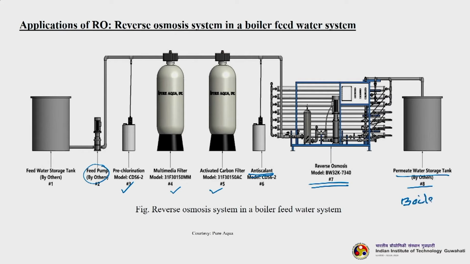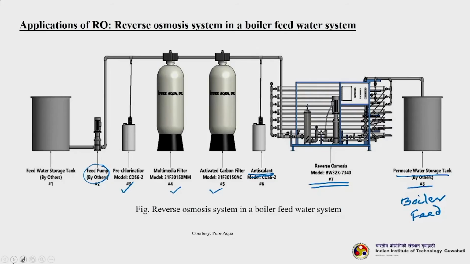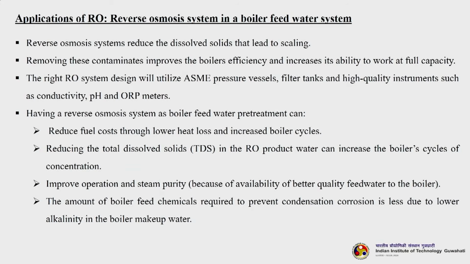So, please remember this, this also produces very good quality of water, though you cannot directly use it as potable water, it may need some polishing technique, but for boiler water, the main thing is that it should be removed of any such ions which form scales, otherwise the boilers will have a lot of scale formation. So, their operation will become difficult. So, the reverse osmosis system reduces the dissolved solids leading to scaling, as I was telling. So, the main use of RO here is to remove the scale forming solids.